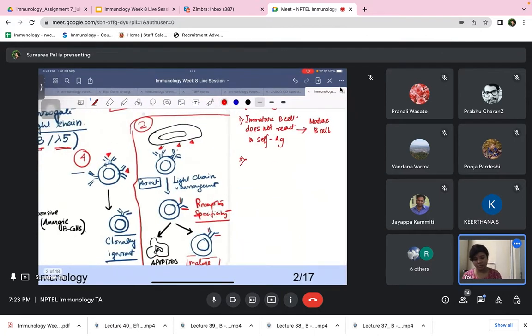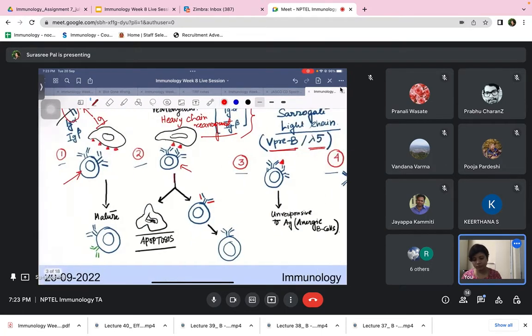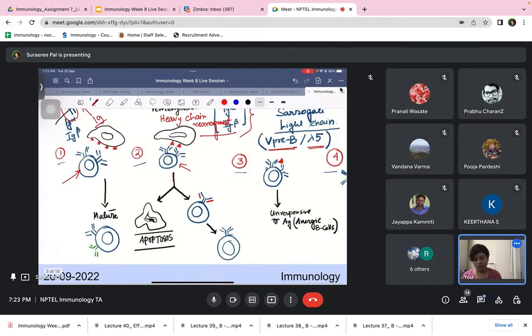If that happens, there will be two events which can occur here. One is that the immature B cell might die by apoptosis, or there is another event which can take place here, which is receptor editing,